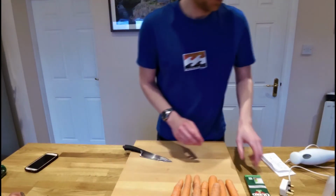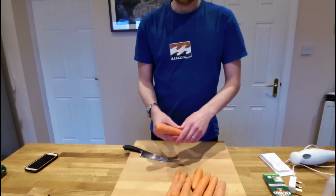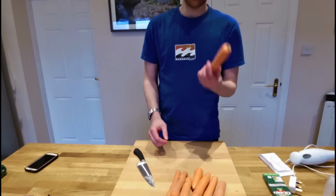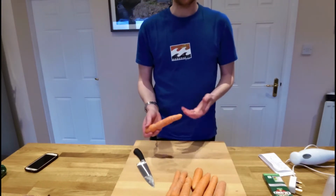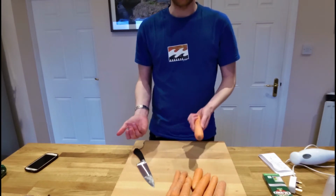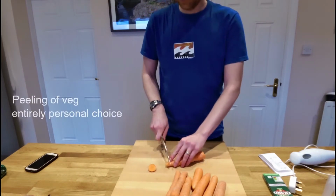Right. So first things first, prepare your veg. You've got to top and tail the carrots. Some people would peel these for soup. I don't bother because you're just boiling it and then you go and blitz it. So I'll leave the skin on because a lot of the goodness is underneath the skin anyway. So you want to top and tail them all,